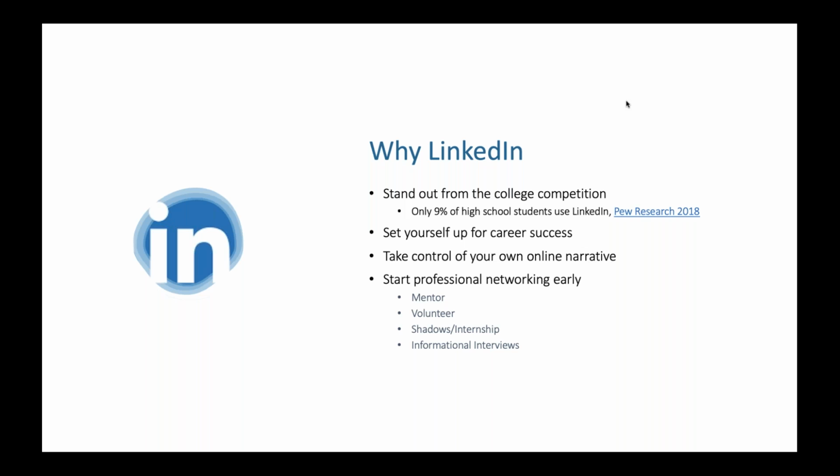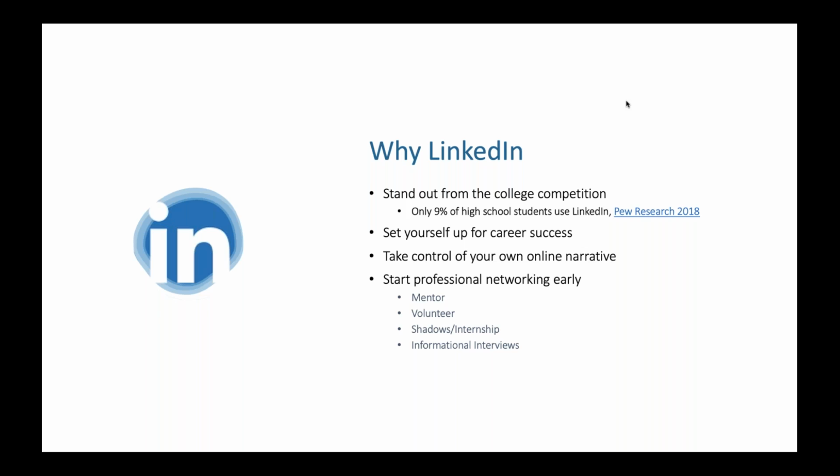So by starting it now, it's really going to start setting you up for career success, because participating in your field of choice doesn't start upon graduation. It very much starts while you're in college. You're going to go to career events, so you can use LinkedIn to do research. You can use LinkedIn to connect to people. When you're searching for internships or jobs, it's a wonderful tool. So by starting now, you're really setting yourself up.